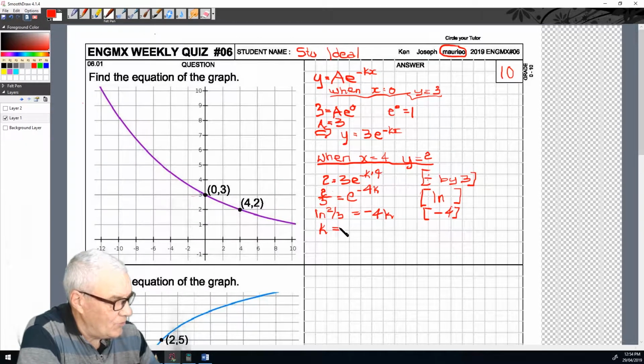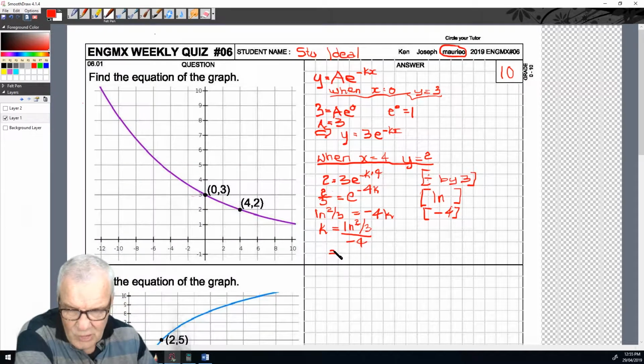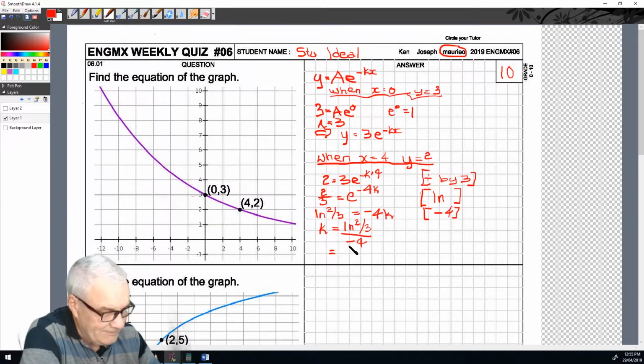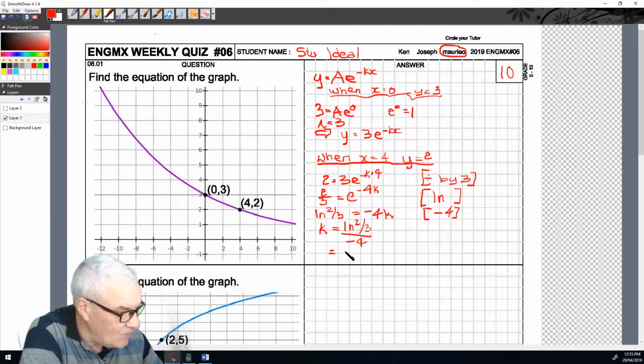And that equals log of 2/3 all over -4. And I've done this at home earlier, I'll prove it in a minute, but that equals